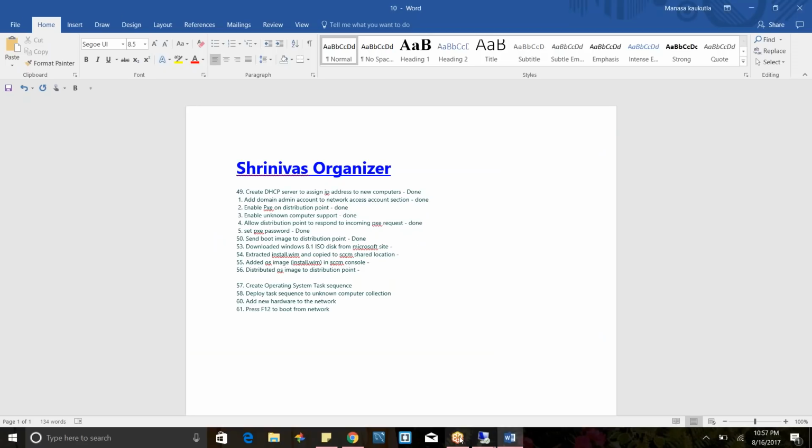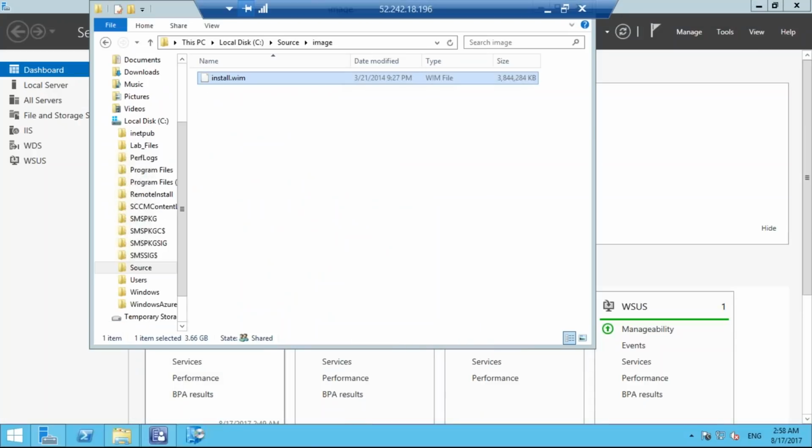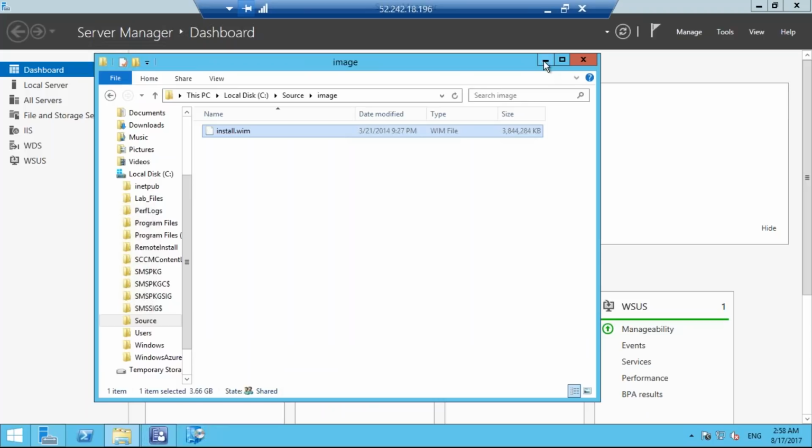So you can download it. I gave you the link. Saichand, Trimal, if you have not downloaded too, you can also download. I have given the link on the chat window. Okay. So once you have the file, you extract the file and you get this install.wim file from there. Now what you need to do is to go to SCCM box again, SCCM server, the console, please,